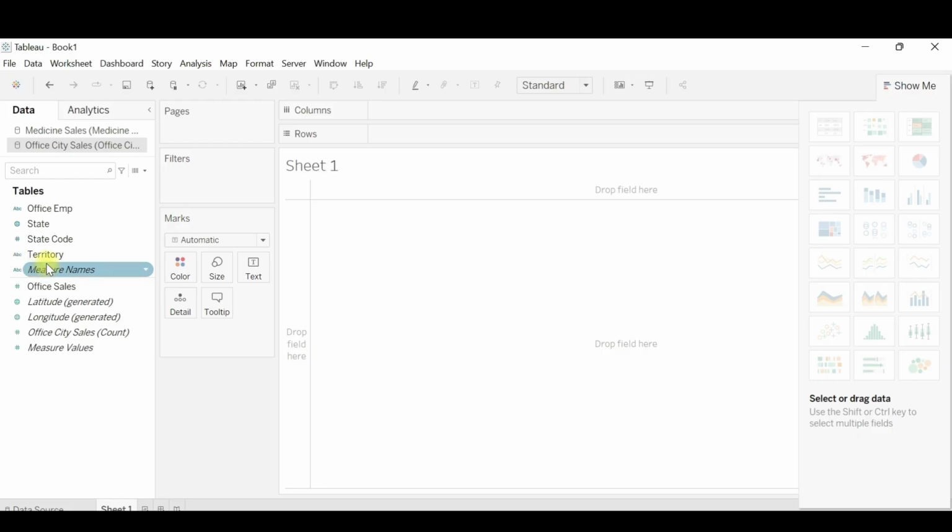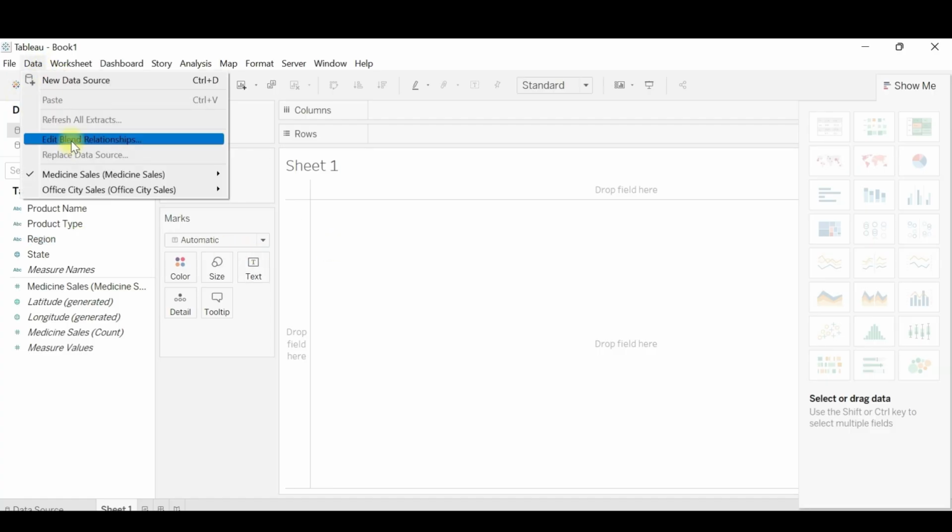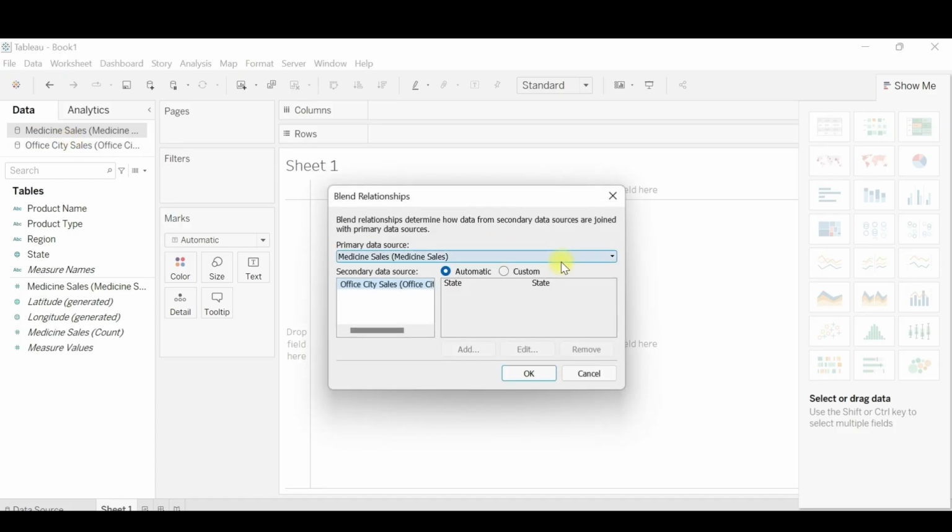Like I was already telling you, we have the common columns territory and state, and the same goes for medicines, the state and the region column. Now, if I need to create a relationship in order to blend the data, I can click on Data again and click on Edit Blend Relationships.